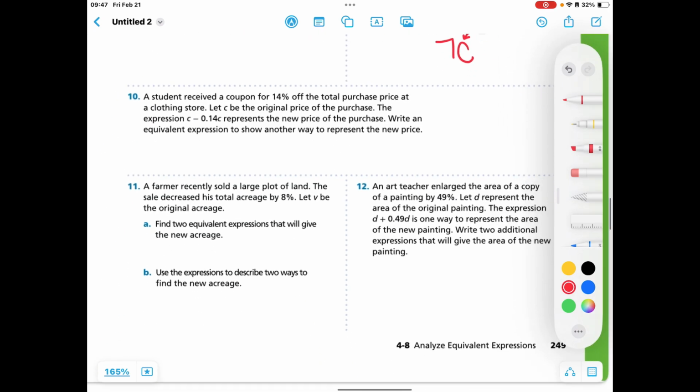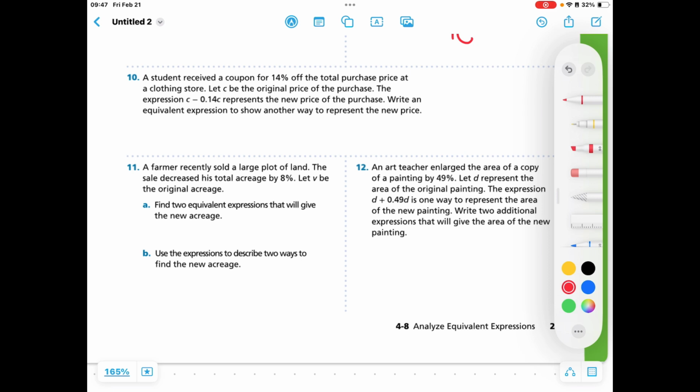All right, looking at number 11, a farmer recently sold a large plot of land. The sale decreased his total acreage by 8%. Let V represent the original acreage. It said find 2 equivalent expressions that will give the new acreage. So this just means we need the old minus the decrease. This will equal the new. So we've also already been told that we're letting V represent the original, meaning V we consider being the old or the original amount,